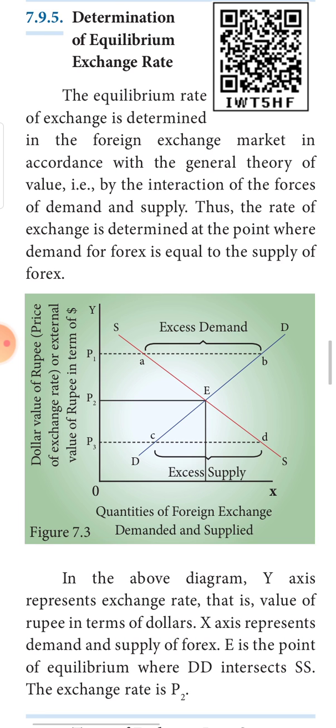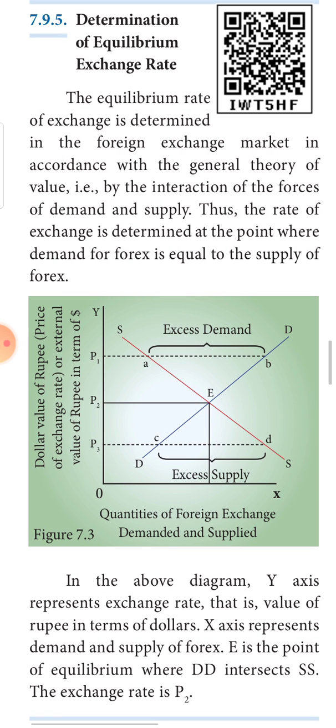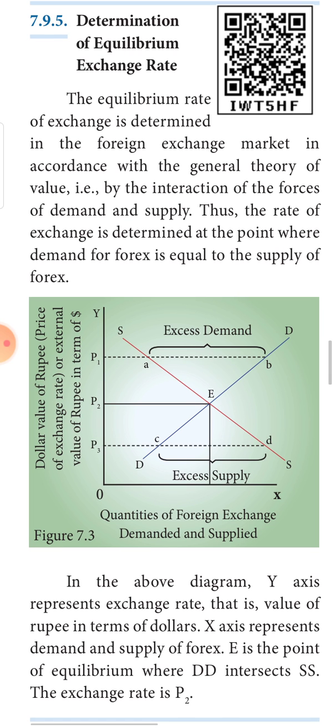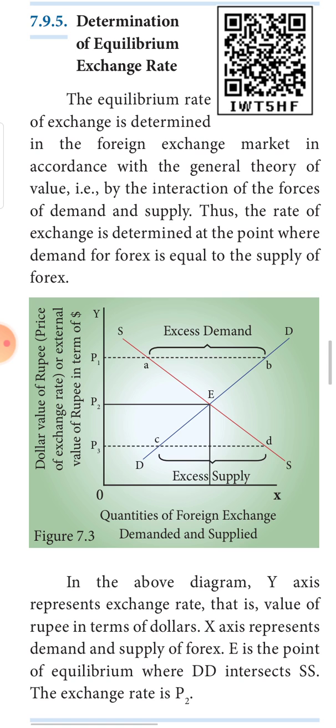So it's the general theory. I remember last year in 11th standard we learned the general theory of distribution, how price is being fixed, how wages are being fixed, how the interest is being fixed, and how the profit is being fixed. We learnt that at the point of intersection of the demand for and the supply of capital, interest is fixed. At the point of intersection of the demand for labor and supply of labor, the wages are fixed. Likewise, this is the equilibrium rate of exchange; the rate for foreign currency is also decided according to this general theory